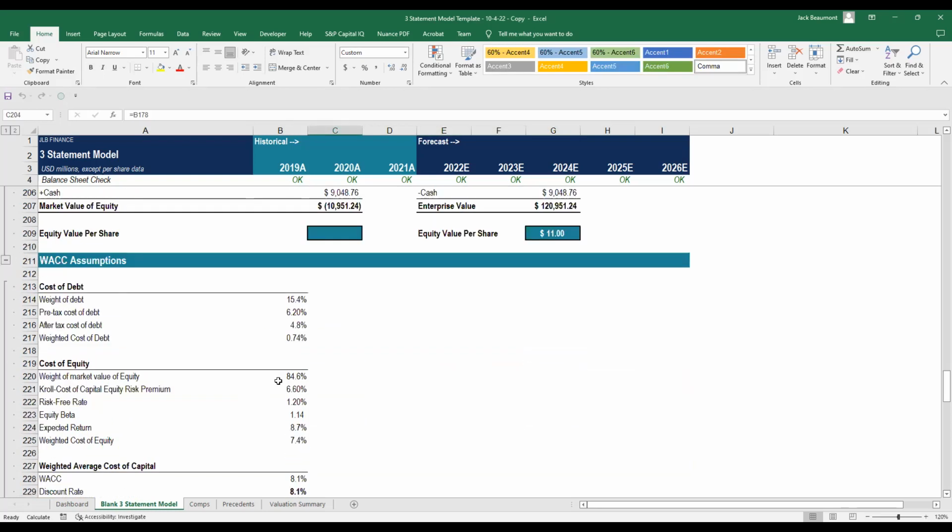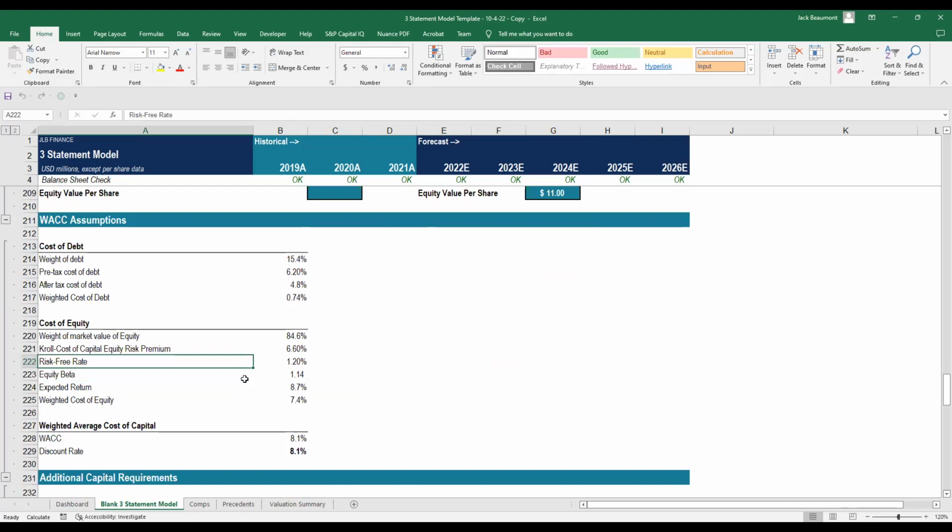So now the cost of equity here is a little different. It's not as simple as the debt. If it was a stabilized company paying out a relatively stable amount of dividends, you could use the dividend cost of equity calculation, but usually what we use is the capital asset pricing model. You can look that up online. It's a relatively straightforward formula, but it takes the beta of whatever company it is, and then you multiply that by the